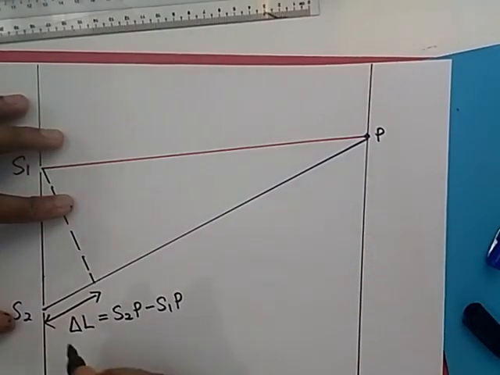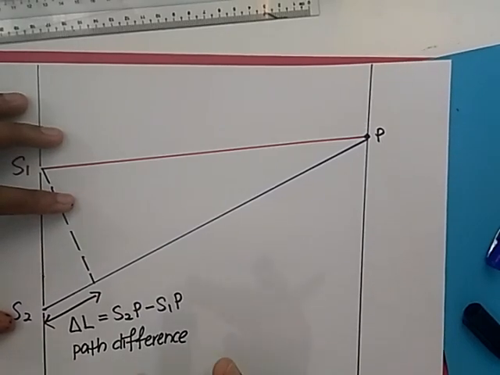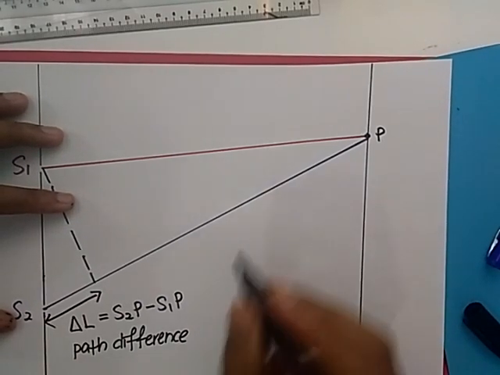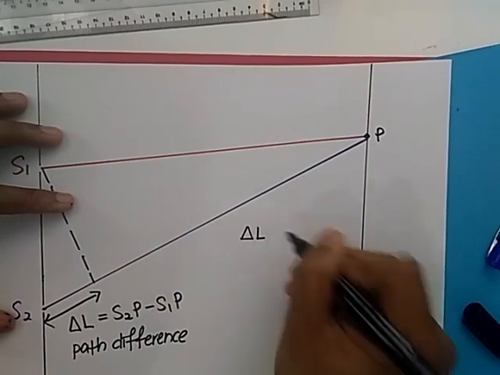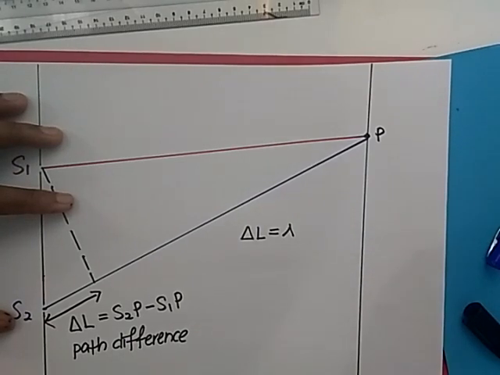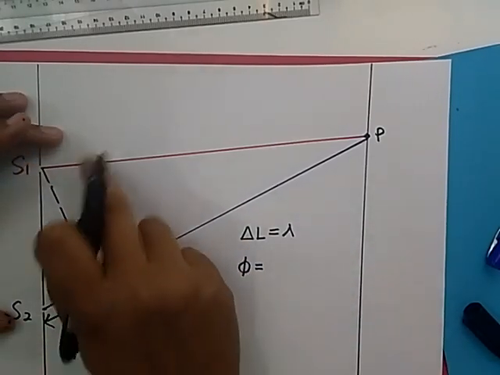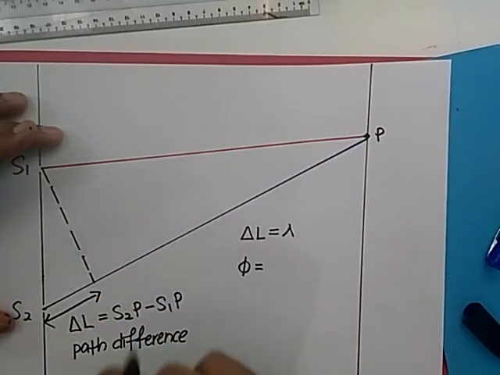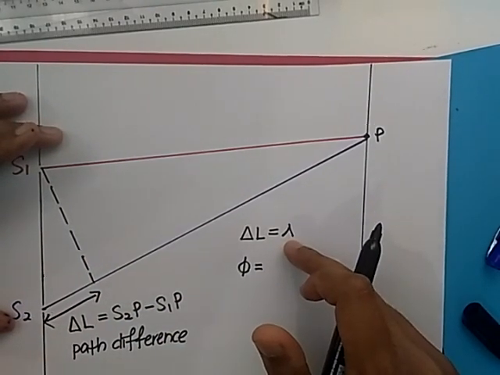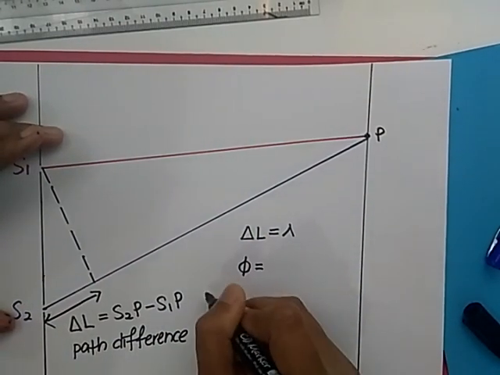Now, usually path difference kita sebut in terms of wavelength. So, for example, path difference delta L is equals to 1 wavelength. So, usually kita akan sebut begitu. Satu wavelength bersamaan dengan the equivalent of phase difference. So, S1 dan S2 mempunyai beza fasa. Kalau beza path difference dia lambda, maka beza fasa phase difference